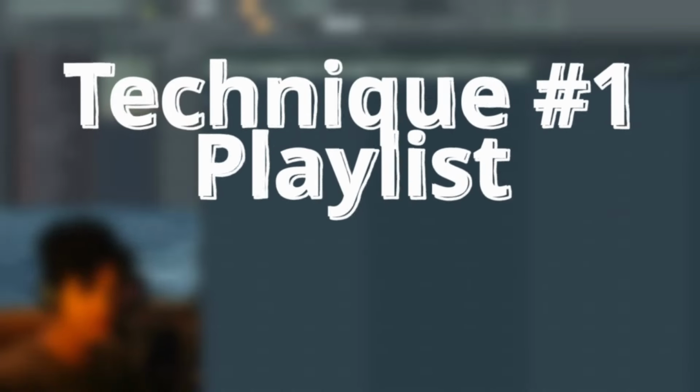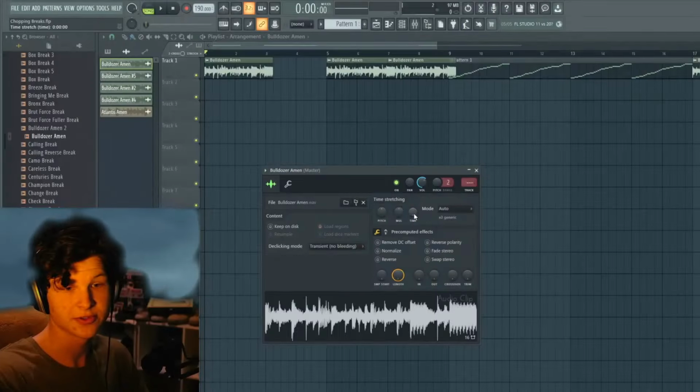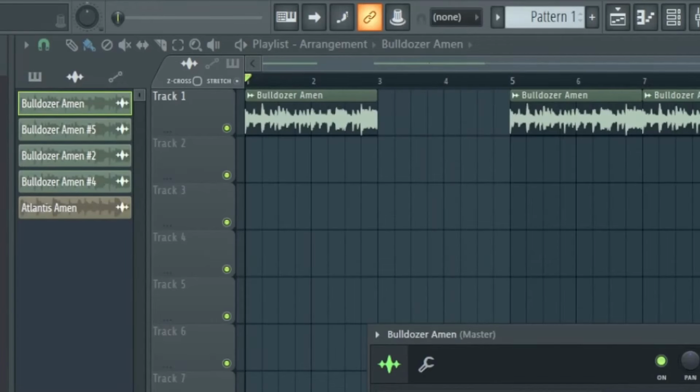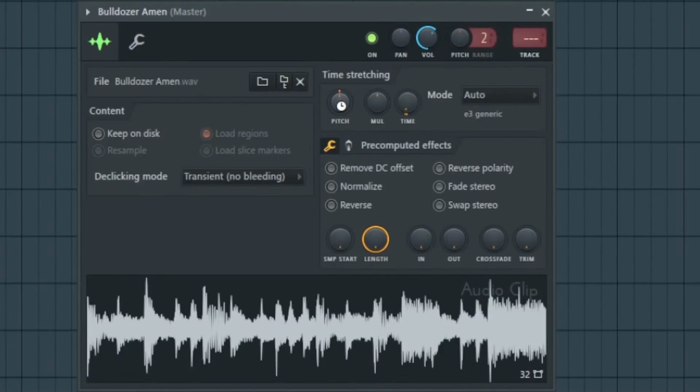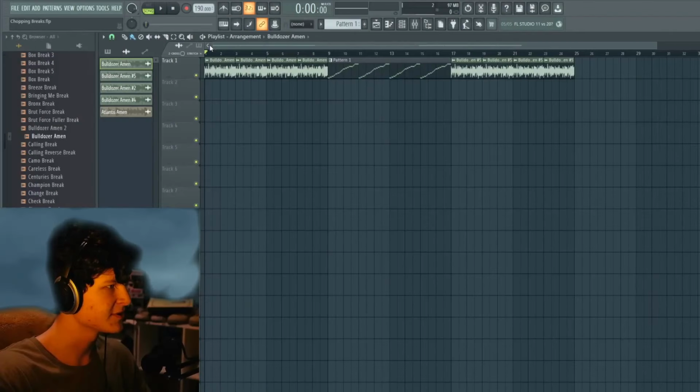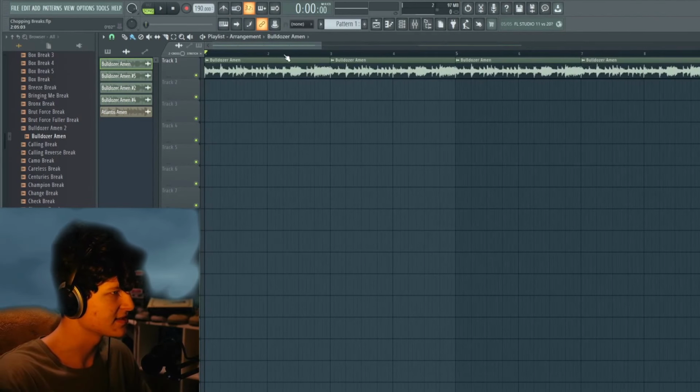Now the first technique is just slicing on the playlist. Now when you first drag it in, it's going to look like this. Just adjust the time a little bit. Now you want to bring the pitch down a tiny bit. And you're all good. First thing I'm noticing about this break is that it has this snare rush that plays